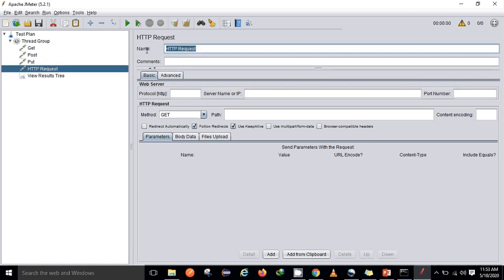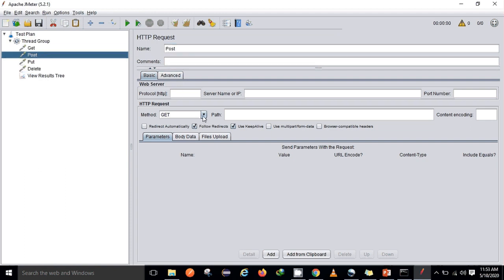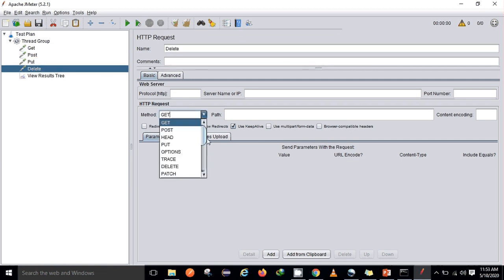I'm just giving a name to each, giving a name won't impact anything, and parallelly I'll also select the particular methods which I need to send. Put method. Here you can see there are multiple methods available, but for CRUD operations we are using the basic methods.